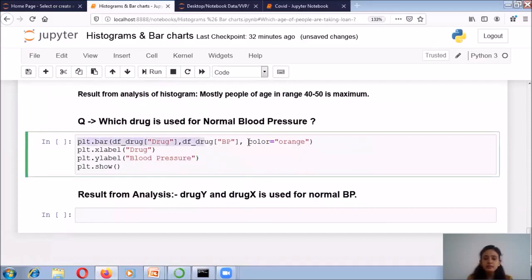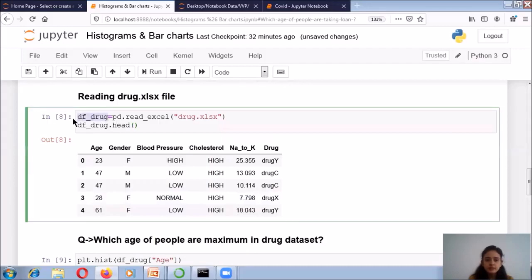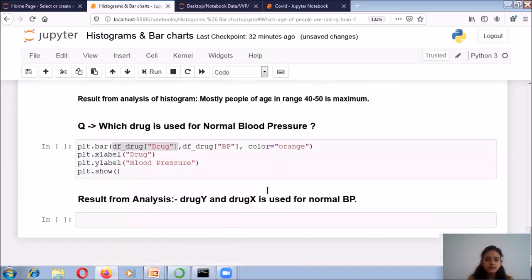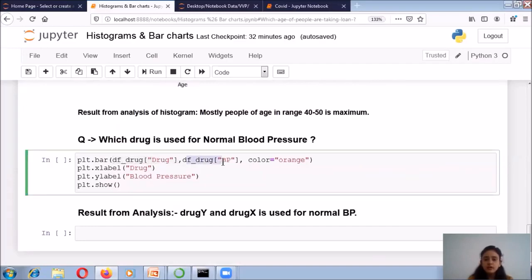So for that I am plotting the bar graph. For plotting the bar graph, you have to write plt.bar. On the x-axis, I want drug. So from the column I am fetching, that is df underscore drug. So my variable name is df underscore drug and I want the column name as drug. On the y-axis, I am having df underscore drug, and over here I have to write blood pressure like this.